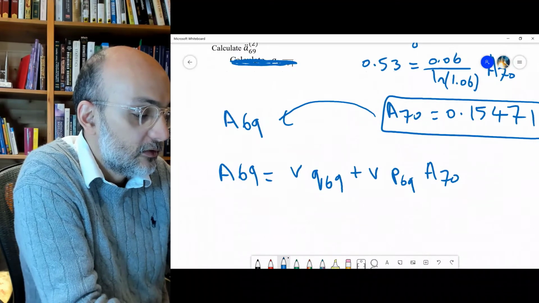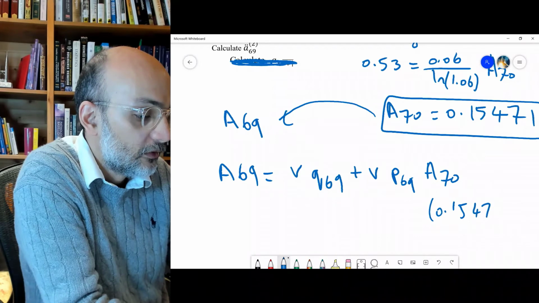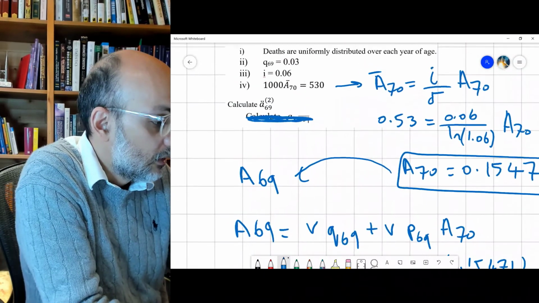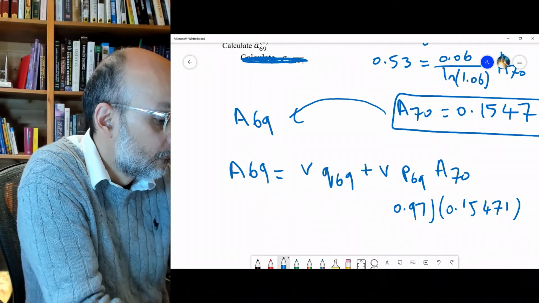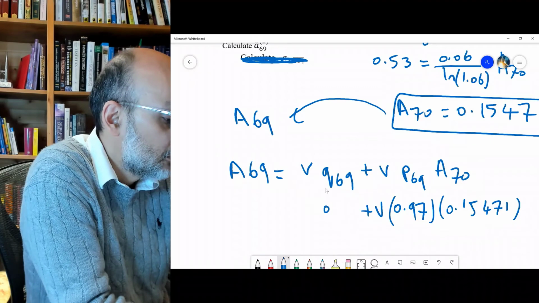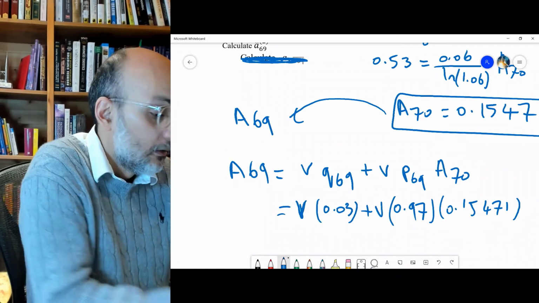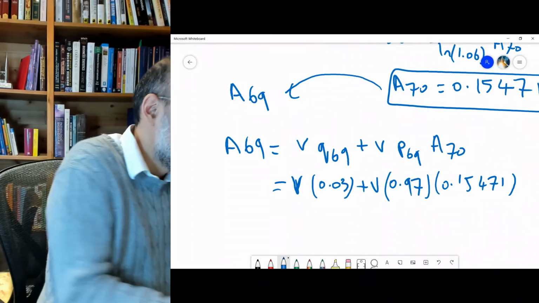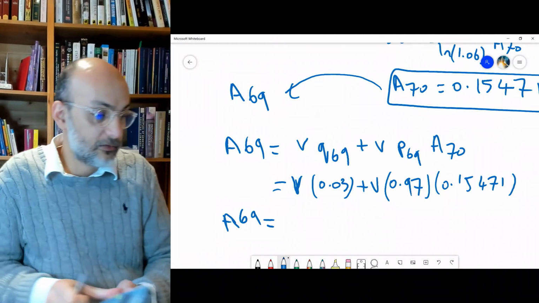Up to this point is easy because we have 0.15471. We have 0.97, we have v at 6%, we have 0.03 and then v. Now if you compute this one, then A69 up to this point is